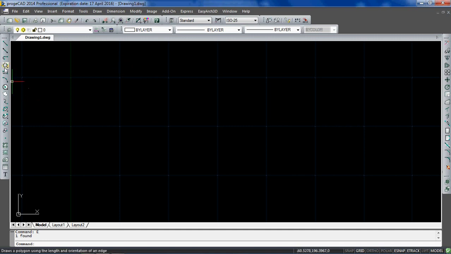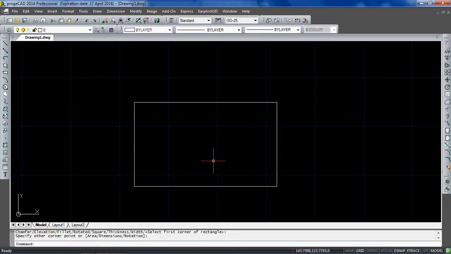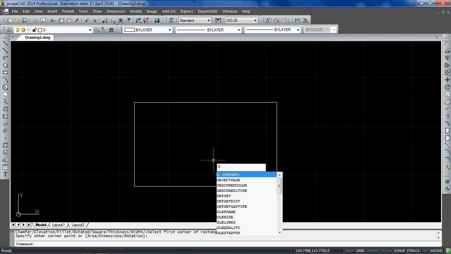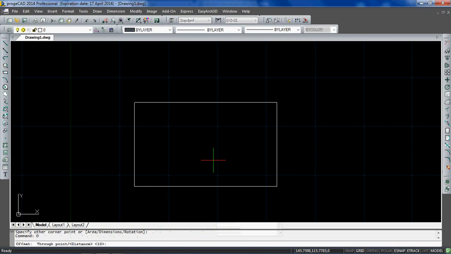So let us see what the offset command does in this Project CAD. For that, I am initially drawing a rectangle with random dimensions like this, and now I am taking the offset command. The shortcut key for the offset command is O, single letter O. Now I am typing O. You can observe it in the command bar also. Press enter. Now see, in the command bar it is asking for the distance, so initially we have to tell the Project CAD with which distance the entity should be offset. So for that I am giving 10 mm of distance and I am pressing enter.